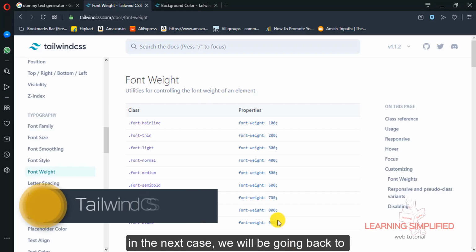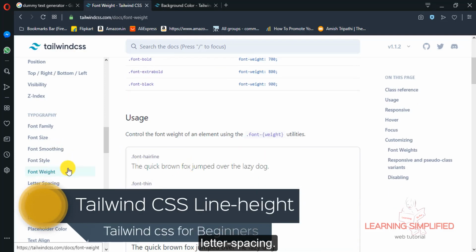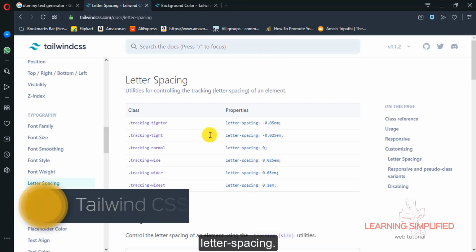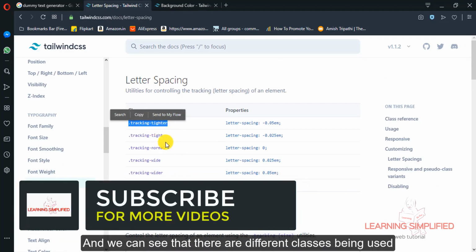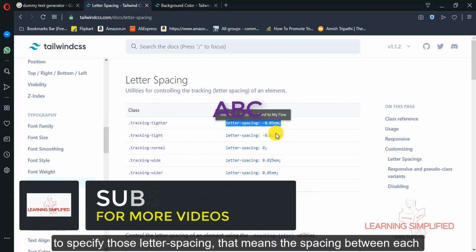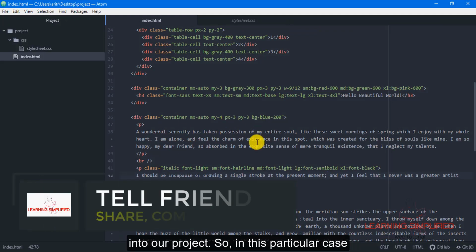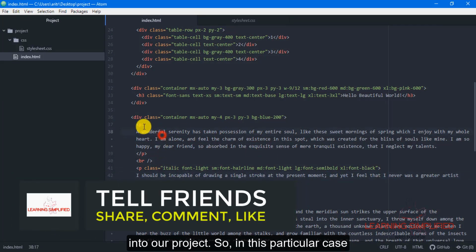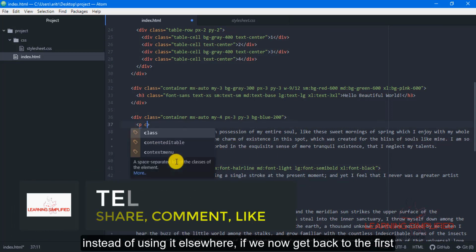In the next case, we will be going back to letter spacing, and we can see that there are different classes being used to specify those letter spacings. That means the spacing between each letter of our text elements has been used in our project. So in this particular case, instead of using it elsewhere, if we now get back to the first